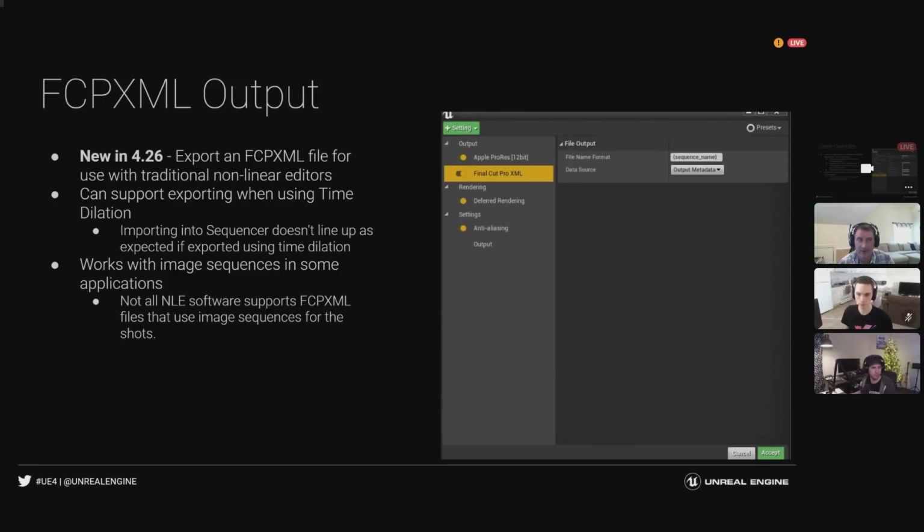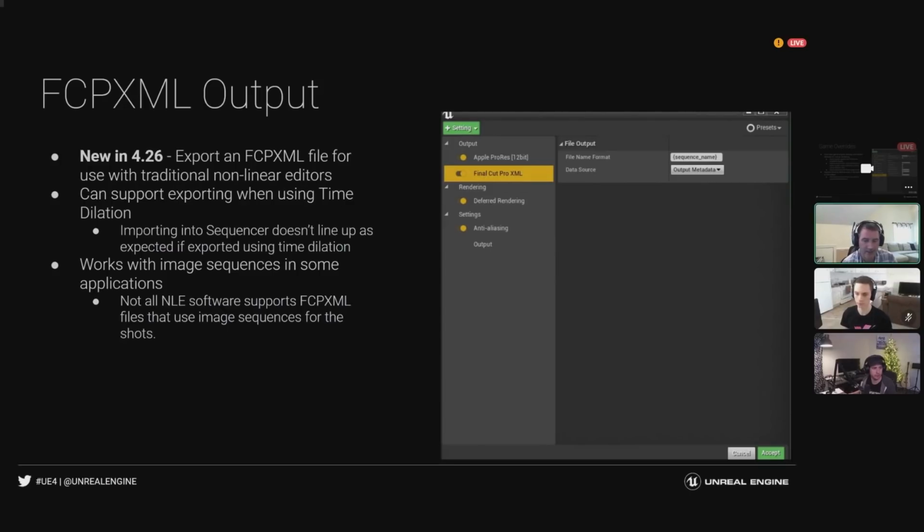Some things to note is you have an idea of a time dilation track inside of Unreal, and we can respect that to a certain degree. It becomes a little bit more problematic when we're doing image sequences. When we're slowing down time, a frame isn't necessarily one frame per frame anymore. So there's this idea of relative numbers that we can use to handle those. But in terms of the XML interchange between the two, it's a pretty good format.